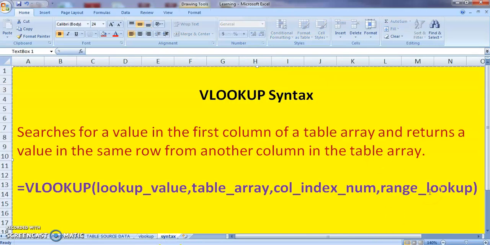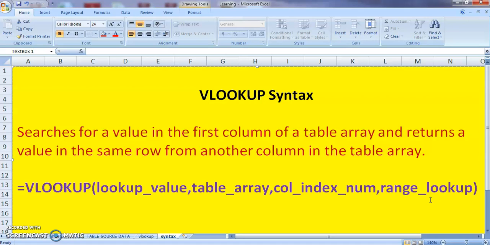Here you can see it asks you for the range lookup, whether I have to go for approximate match or exact match. In many of our requirements we'll go for exact match and not approximate match. Today also we are going for exact match.